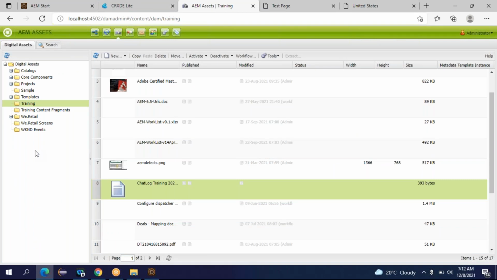So if you want to use digital assets, first you have to upload them into the DAM. There are some external sources of digital assets also, which you can access using cloud services like AWS. That is a different thing, but inside AEM, if you want to store your images and so on, you have to use this DAM concept, digital assets management. Understood? Any questions? So we have seen the master navigation console, CRXD console, site admin, and DAM admin.